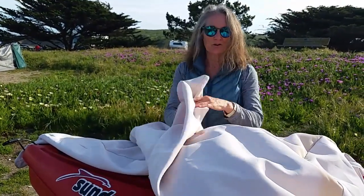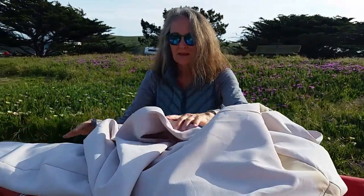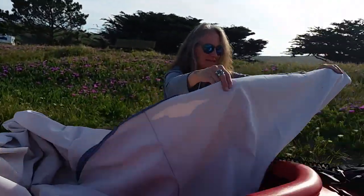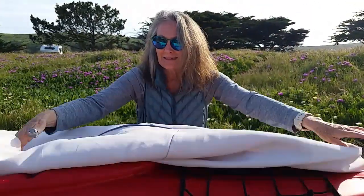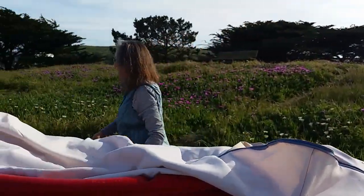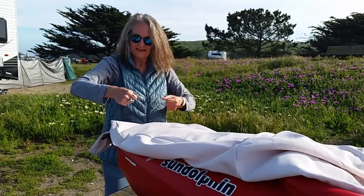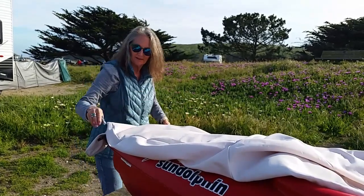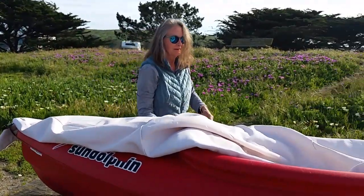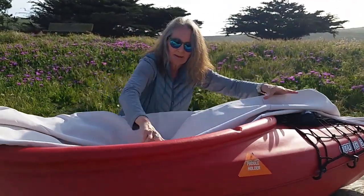One more thing here. Okay, so I took an old umbrella, there's the hole for the top, and I put a long zipper on here. The reason why I made this, it turns into a sleeve, and I customized it for this vessel. You would take this end, slip it on like a sleeve, the handle would come through here, it wraps around the entire kayak, then you would zip it up, and now